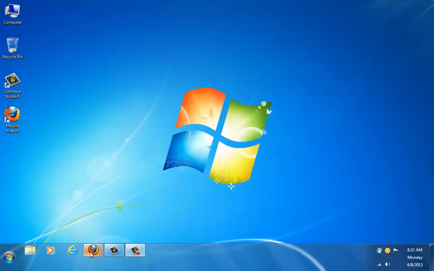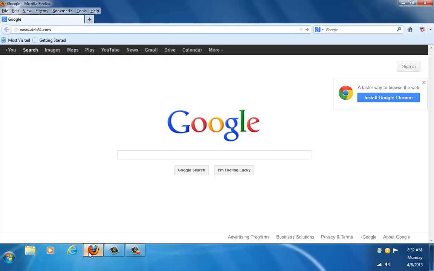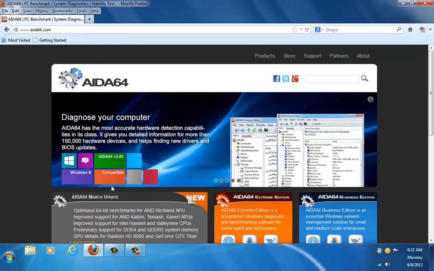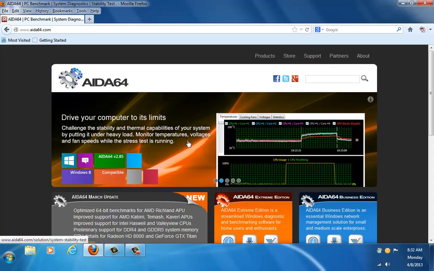So let's get started. We're going to use Firefox in my browser here to go to this website, AIDA64.com, and this is their homepage. As you can see, they have a few screenshots here. It's used to diagnose your computer. It does hardware detection. It can do software. It can actually do some benchmark testing and stress your hardware to check for intermittent problems, monitor temperatures, things